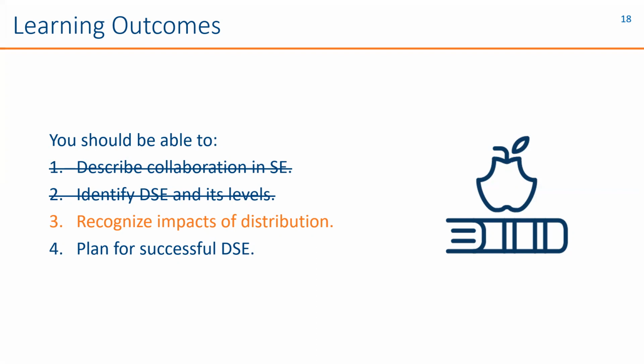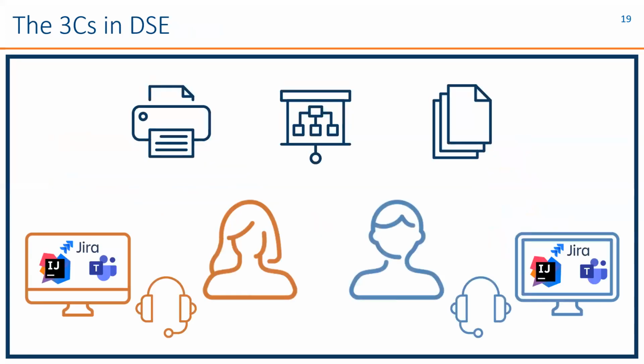So we can move on to this third learning outcome and try to connect the understanding of collaboration and DSE so that we can uncover some impacts on software engineering associated with distribution. I want to go back to that example we had with Alice and Bob and see what kind of changes come with distribution now. Alice and Bob are still in the same software development team together. They each have their own equipment provided by their employer. While there are probably some differences in hardware, they have a similar tool set for completing their duties, even if they work for different companies.